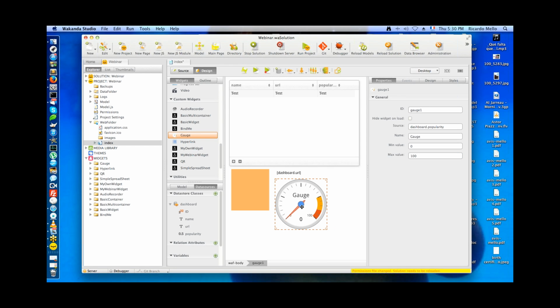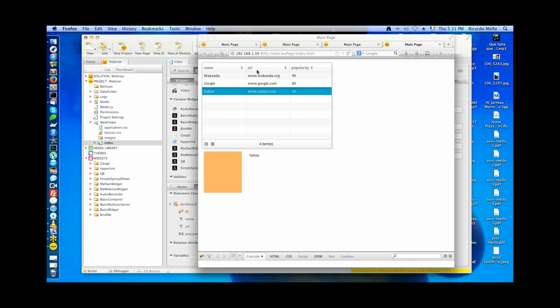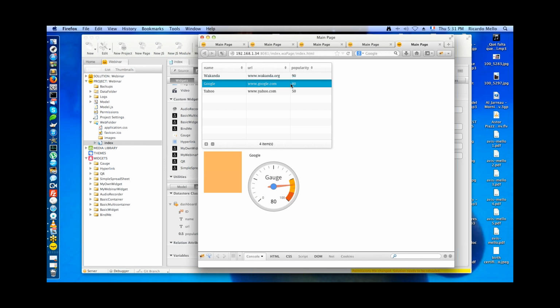Look at how easy it is once I did my widget to manipulate that. I just drop my data source. It's right here. I just hook it up to dashboard popularity. I have the name. I have the min and maximal value that I customized in my widget. We're going to see the code for that. So you're going to see that's very simple. And then I run. And when I run, I have a widget that reacts as I click